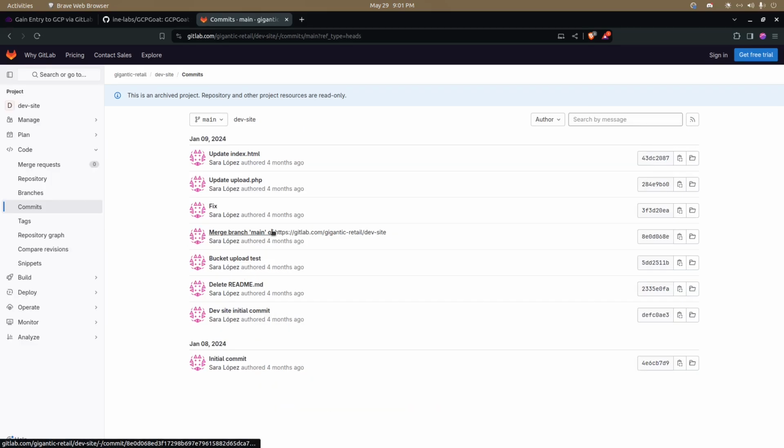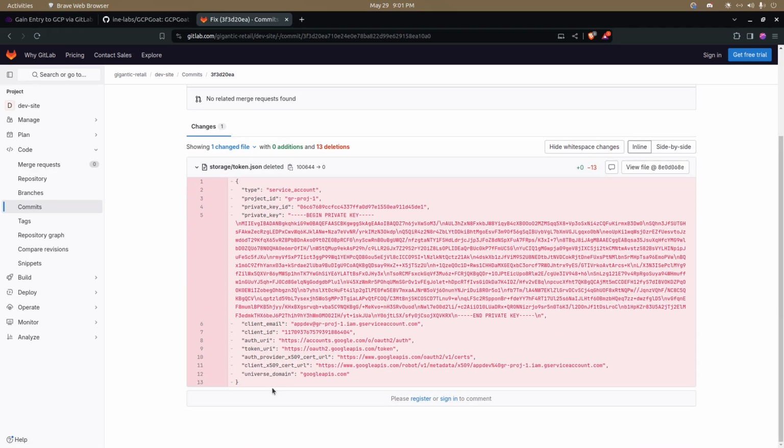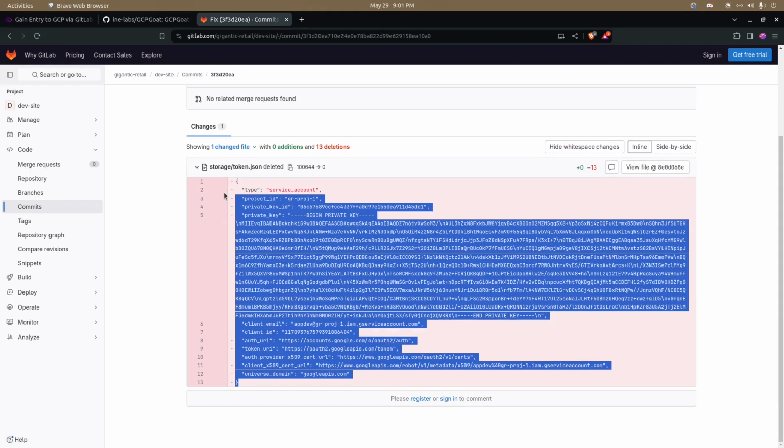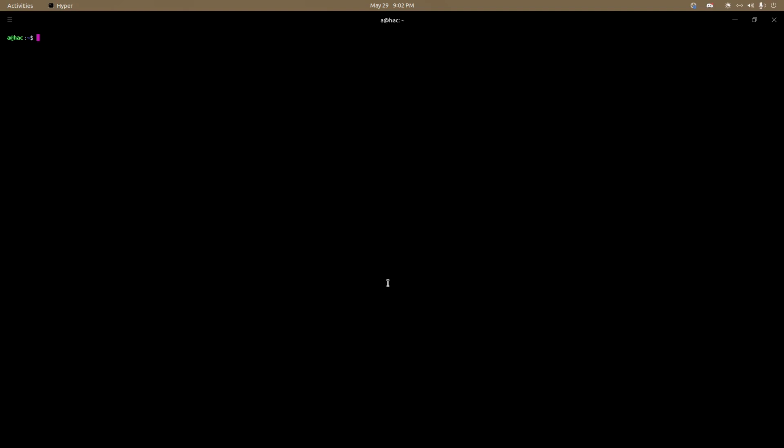Delete readme fix. Okay, let's see this one. And we see a service account, a key file for a service account. So we can copy it up. Again, the main aim is to enumerate IAM permissions in GCP, right? Oopsie. nano token.json